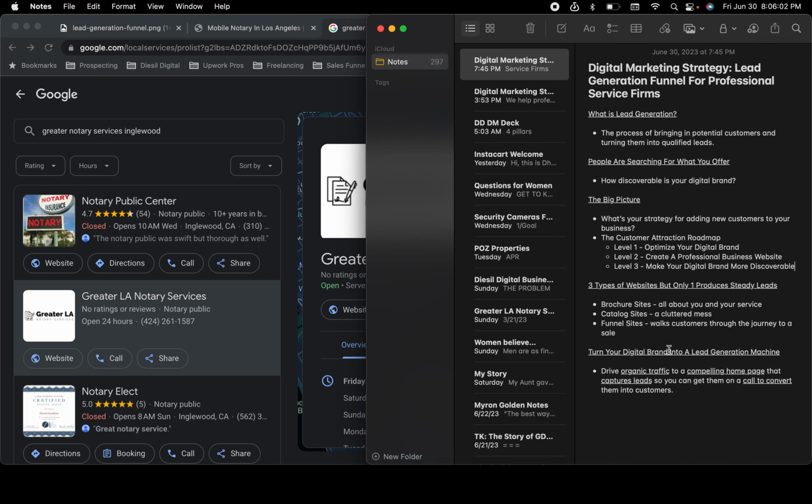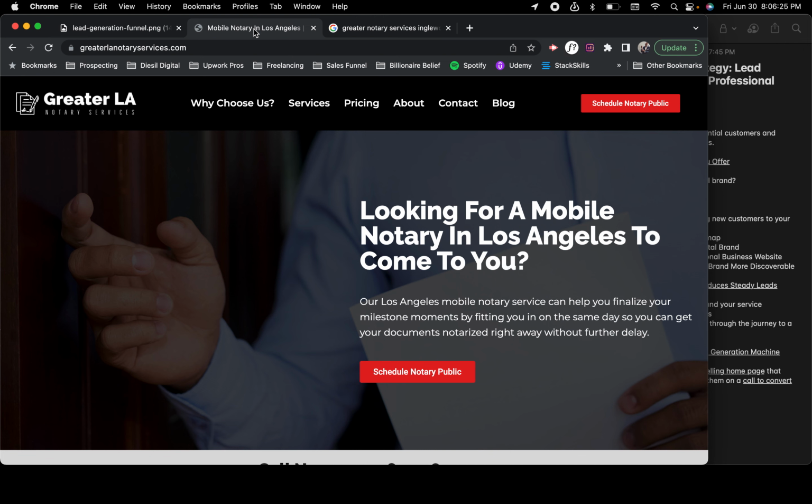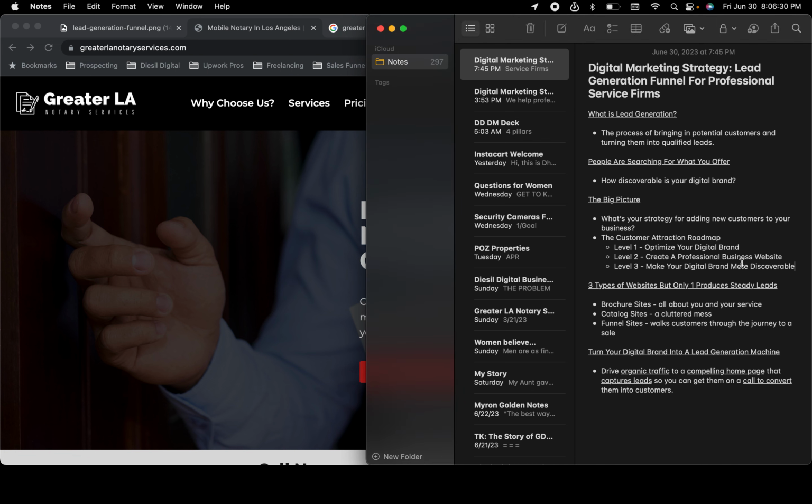Next, again, you're going to have your digital real estate: things like your Google My Business profile, social media profiles, your website, and blog posts on your website that use the keywords you want to rank for. All of that makes you more discoverable, so that when people are searching, they find you, and when they land on your homepage, which is in a sense step two, you've driven traffic to your conversion-friendly